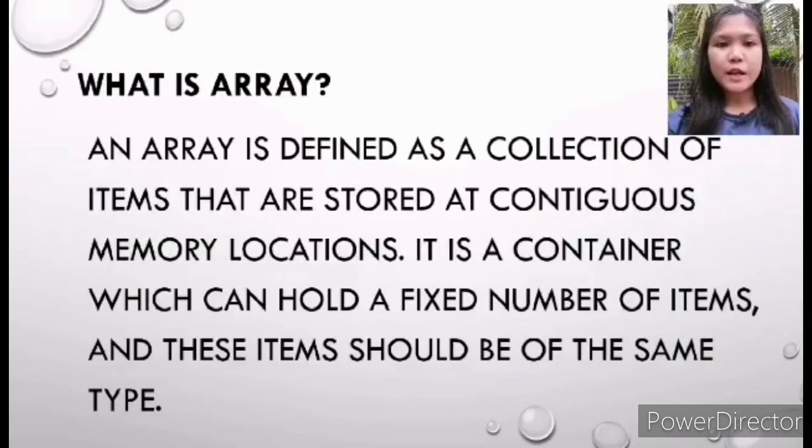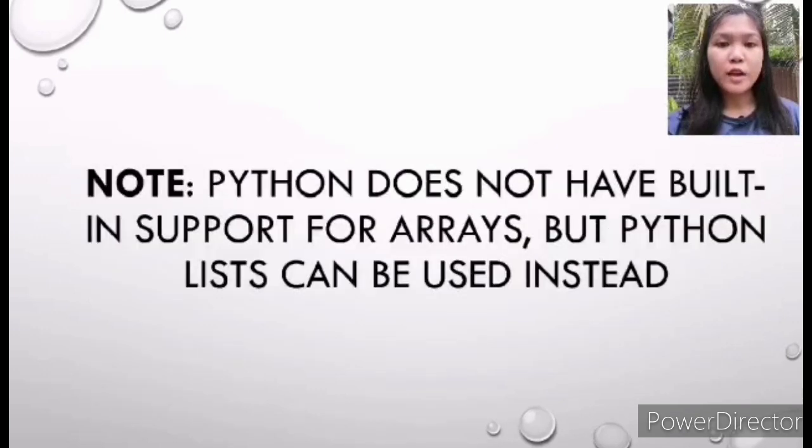So what is an array? An array is defined as a collection of items that are stored at contiguous memory locations. It is a container which holds a fixed number of items, and these items should be of the same type. So I am going to create 7 array programs. Python does not have built-in support for arrays, but a Python list can be used instead. So to start,